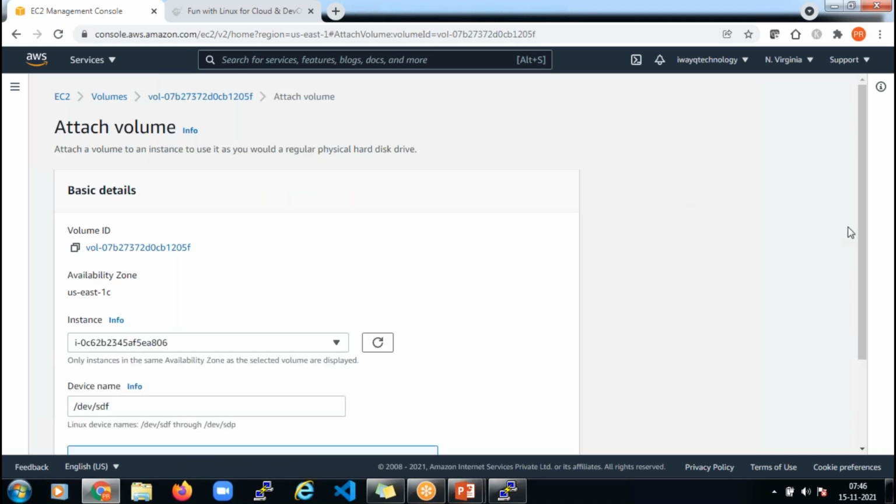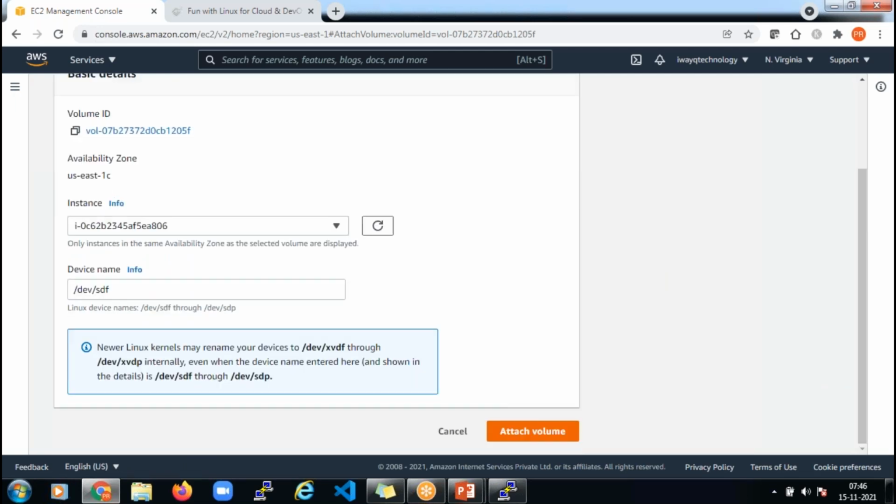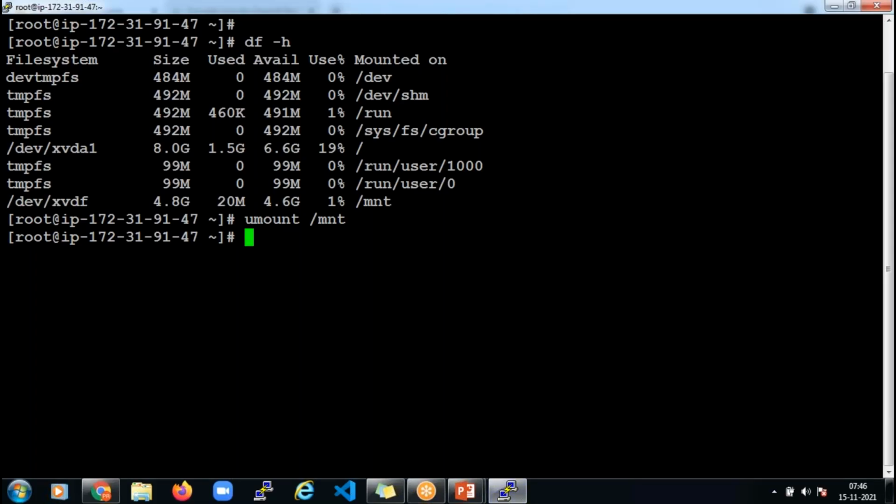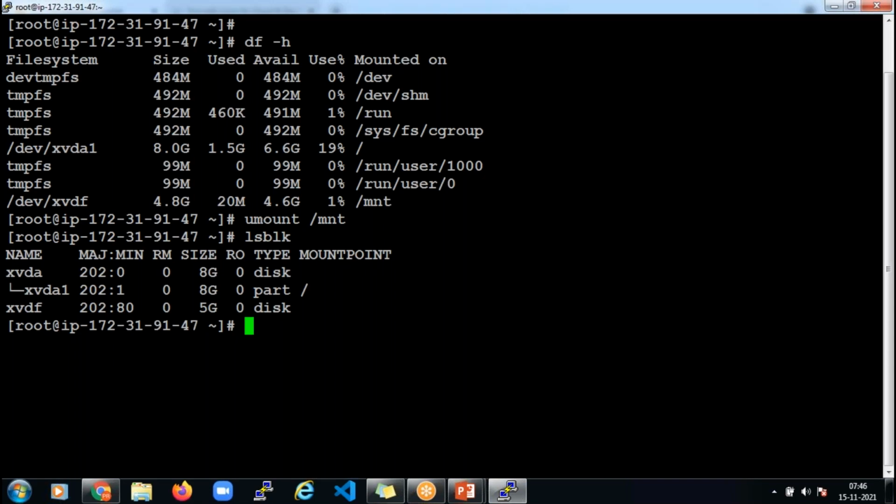So while you are creating a new volume from the snapshot, it need not be the same type. We can change the volume type as well. Okay, not a problem. Once that attachment is done, just come back to the server. You see I have got the disk back again, but don't get confused, the name is same now, but this